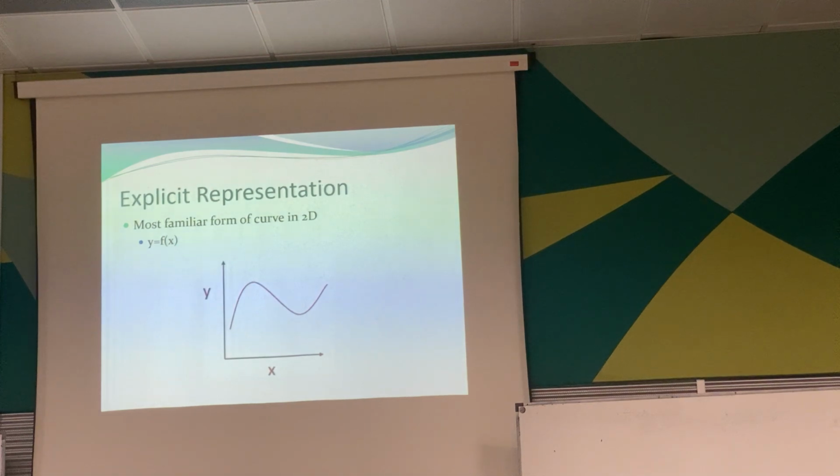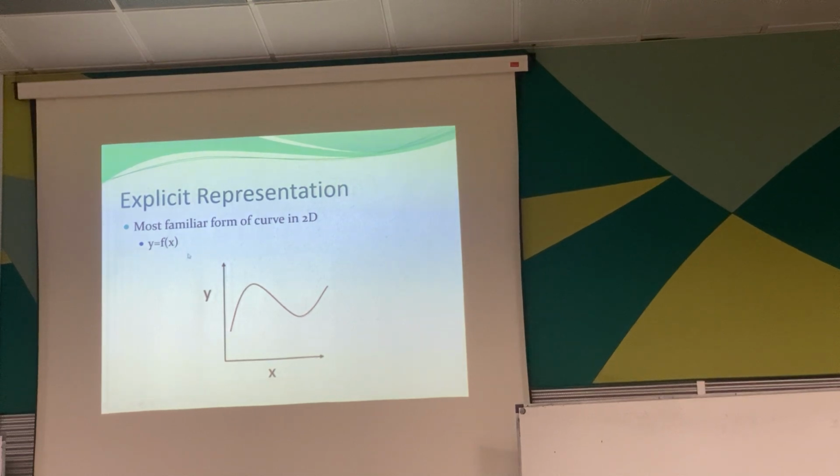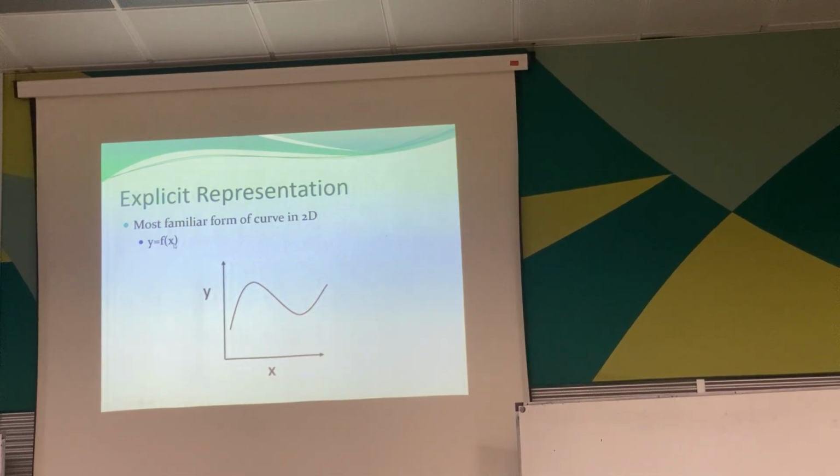The most familiar curve in 2D, the simplest one, you represent as y, the relationship between your y and x. If you are given a point x, you put it in a function of x, then you can get your y. So y equals a function of x. If you see equations with y equal to a function of x, and z, for 2D curves you only have x here, then this kind of representation we call explicit